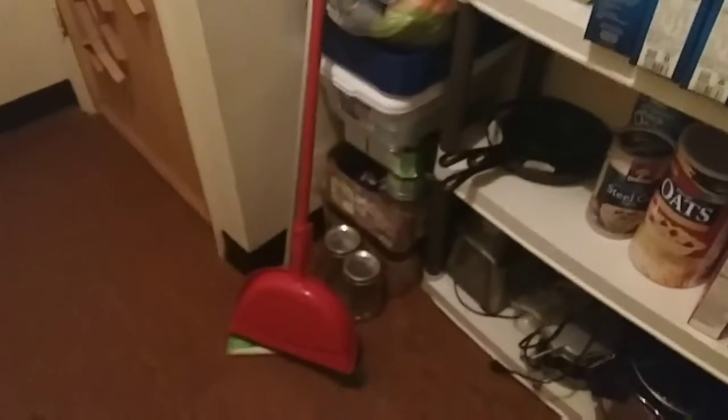Okay, so the guys are still out in the living room playing games, so I can't close the door because they're being a little bit loud. My boyfriend's got a couple friends over and they're playing on the game system,